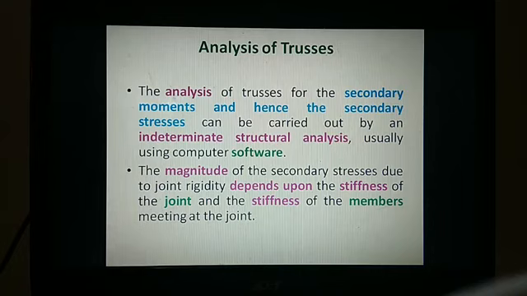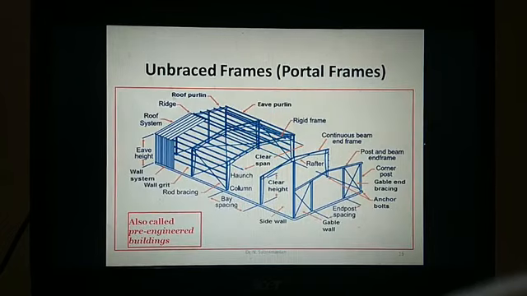Okay, so for just calculating the axial forces, you can treat your member with determinate structural analysis with the help of equilibrium conditions. But coming to the indeterminate structural analysis, when there are secondary stresses like moments or fatigue loads, you have to analyze your structure or trusses based on indeterminate structure analysis. I think you all know what the indeterminate methods are to analyze the portal frames or even the roof trusses, right? So here, which is called a pre-engineered building, which is called a portal frame, or it